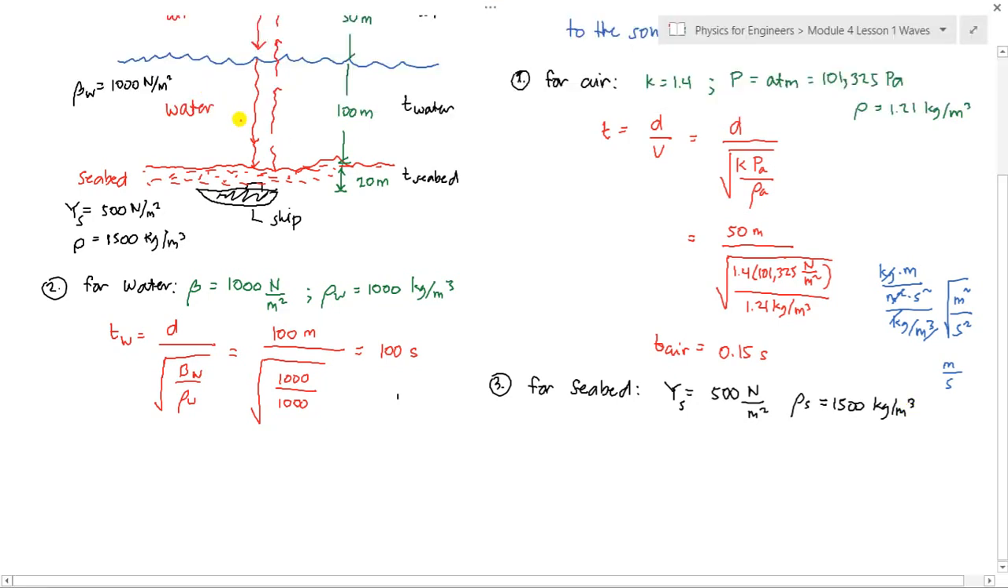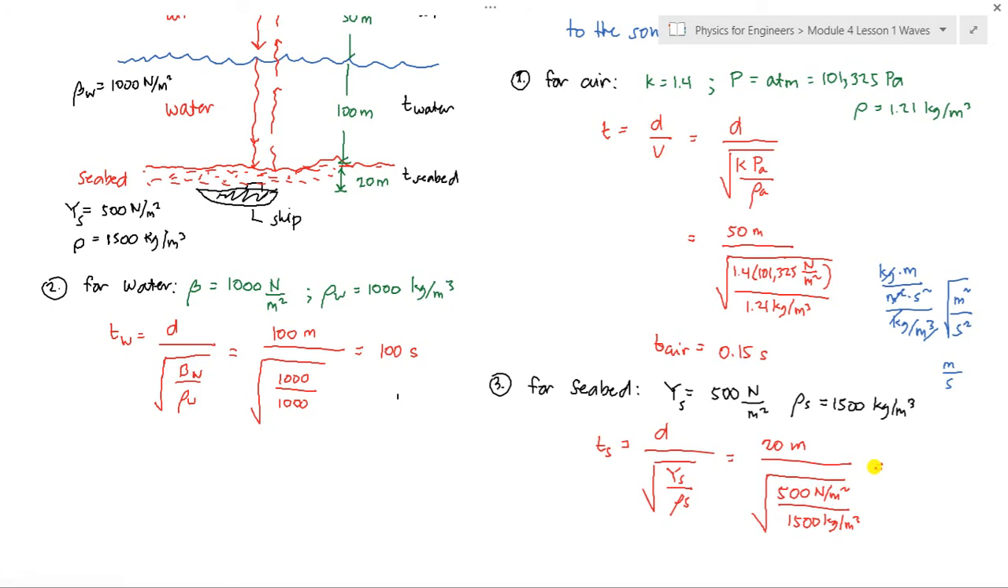So therefore, ang time sa seabed ria, T sa seabed is equals to the distance, that is 20 meters na lang, all over the square root of the Young's modulus all over the density of the seabed. So that is 20 meters divided by the square root of the Young's modulus is 500 Newton per meter squared divided by density is 1,500 kilogram per cubic meter. So the result here is still in seconds. So we have 20 divided by the square root of 500 all over 1,500. The answer here is 34.64. 34.64 seconds. So ang time di ay therefore